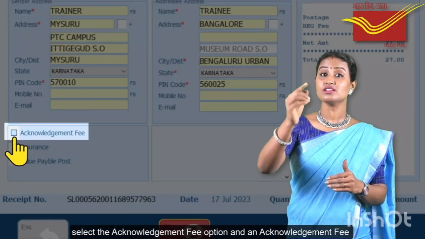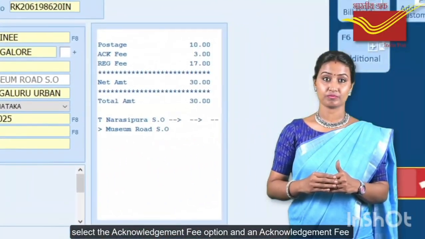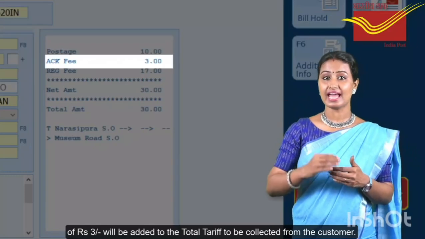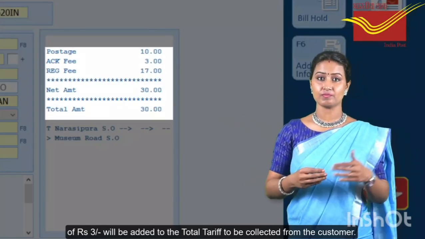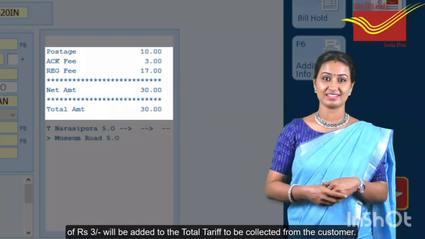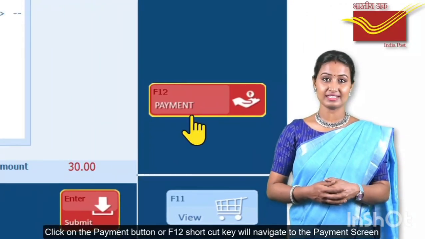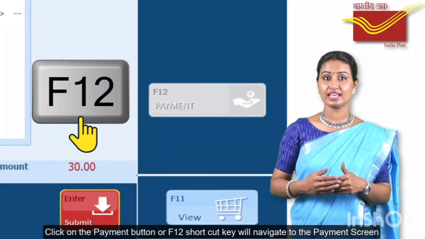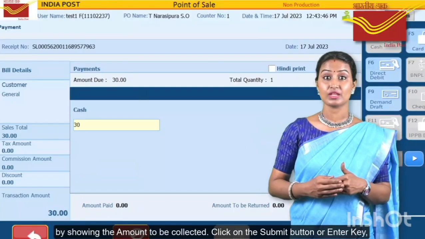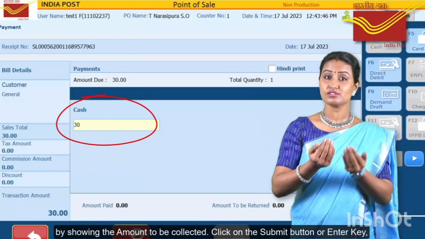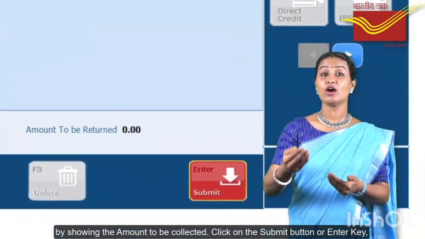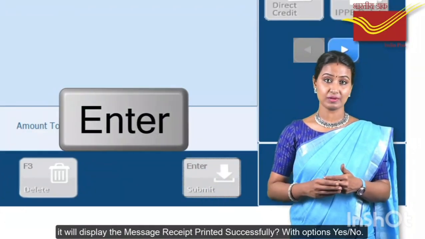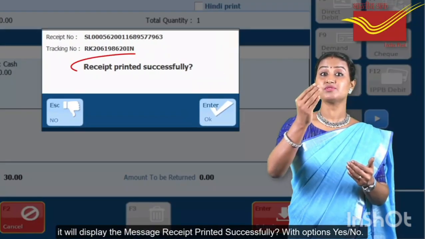If the registered letter has an acknowledgement card attached, select the acknowledgement fee option and an acknowledgement fee of ₹3 will be added to the total tariff to be collected from the customer. Click on the payment button or F12 shortcut key, which will navigate to the payment screen by showing the amount to be collected. Click on the submit button